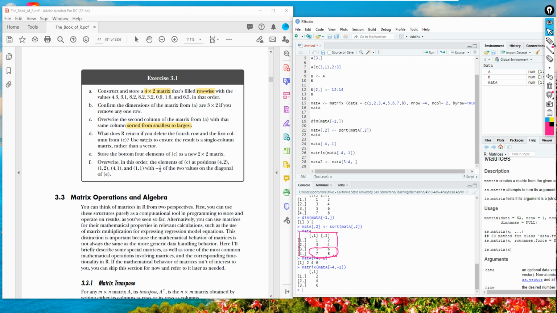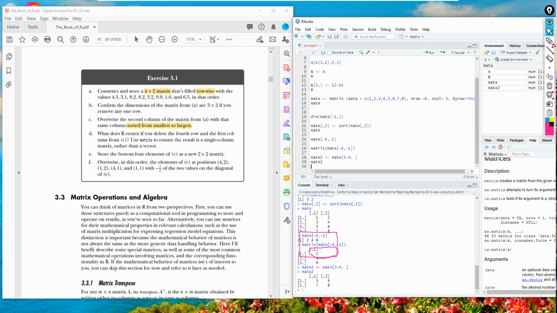Okay, let's execute this and print out mat A2 to see if our solution is correct. Yeah, it's 5, 6, 7, 8, so this is correct. I'm going to skip F. I'm done with this section, so thank you.